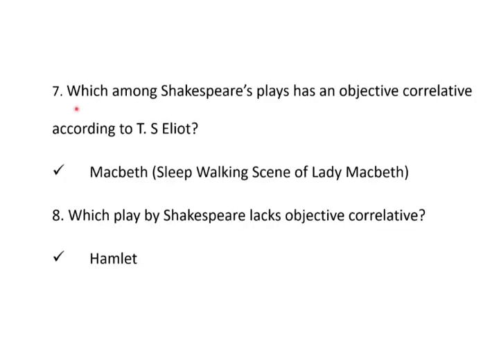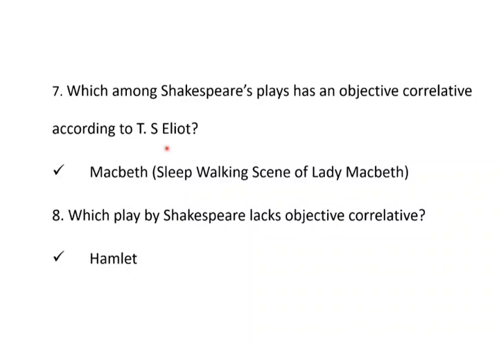Seventh question. Which among Shakespeare's play has an objective correlative according to T.S. Eliot? Okay. In Hamlet and His Problems, T.S. Eliot explains what an objective correlative is. We have already seen that, right? And in the same essay, he brings up an example from Shakespeare's play which has an objective correlative in it,